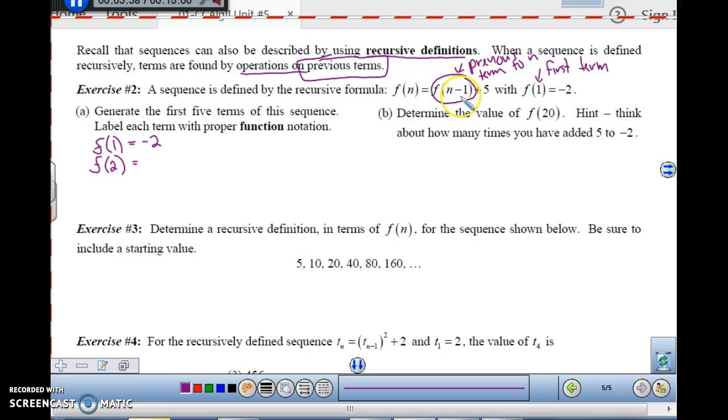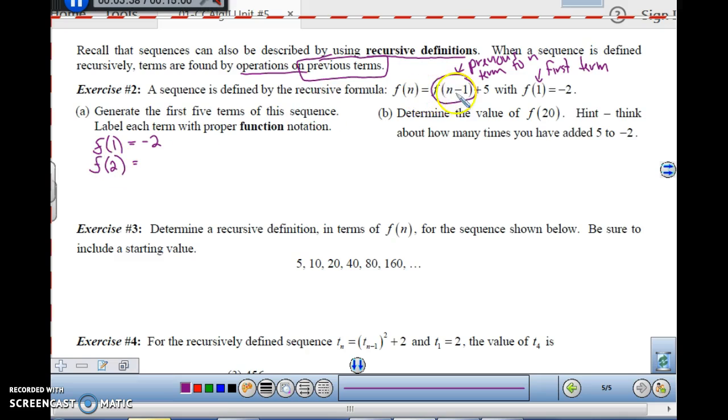All right, so this means n minus 1 means previous term. Now, this is in function notation. You may also see it in subscript notation, but you'll see it the same way. It'll just be a subscript instead of parentheses. So f of 2, according to this definition, if f of 2 is the second term of the sequence,